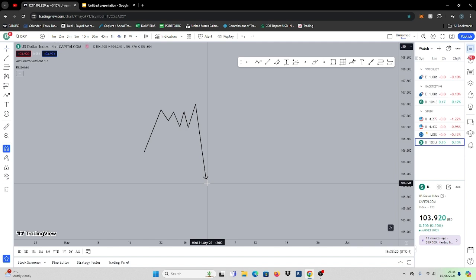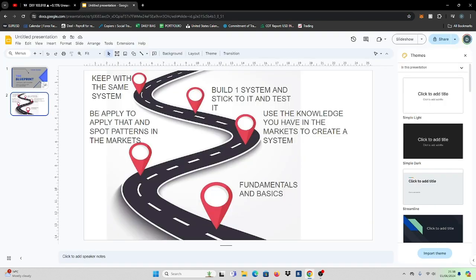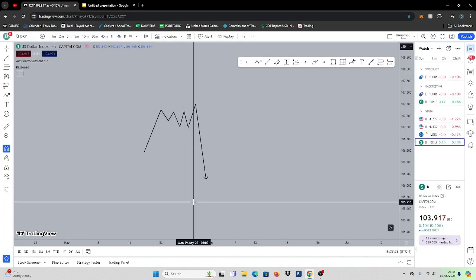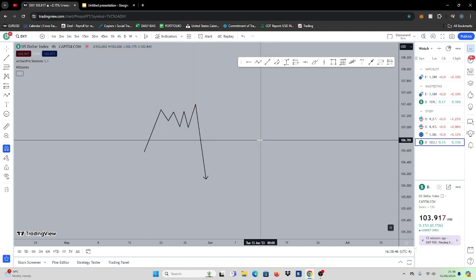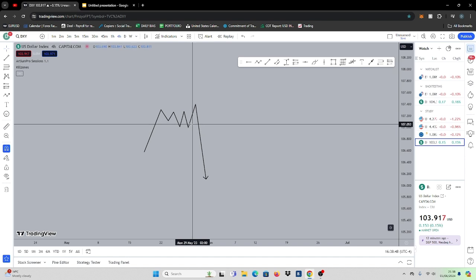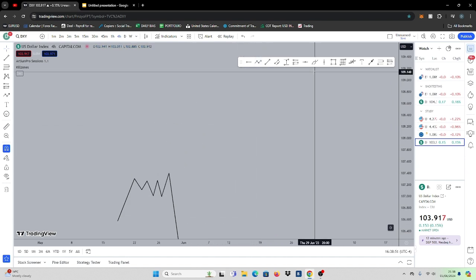Now that you've got a repeatable pattern, yes, you may know lots of repeatable patterns, but it has to be one that you're comfortable with. If you're comfortable with looking out for liquidity sweeps, when I was saying be able to apply and spot patterns in the markets, what I mean is when you put up a chart, you should be able to say, oh, look, liquidity got swept, liquidity got swept. You should be able to show me here, it's happening. That should be your repeatable pattern. Same thing for support and resistance.